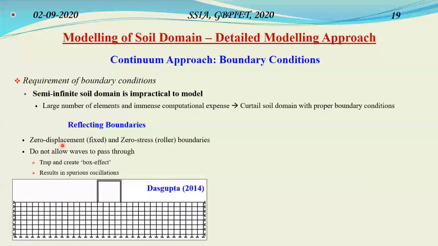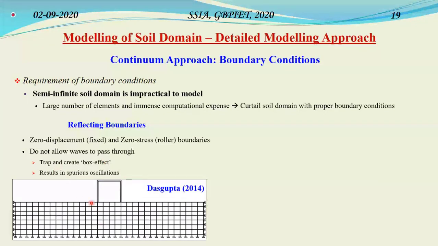So in the reflecting boundary, we have a zero displacement condition at the bottom, which is basically fixed from deformation in any direction. On the lateral boundaries, we have the zero stress boundaries or the roller boundaries, which can deform only vertically. However, the problem with the reflecting boundaries is that whatever waves reach the boundaries are reflected back into the system. So the waves get trapped, they start interacting with each other, and they create a box effect or basin effect